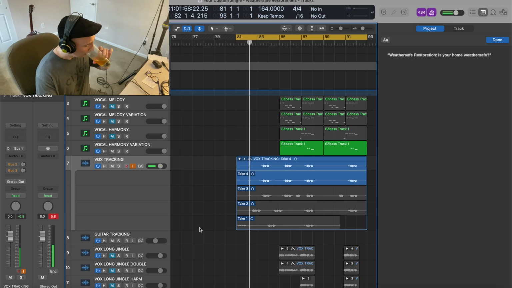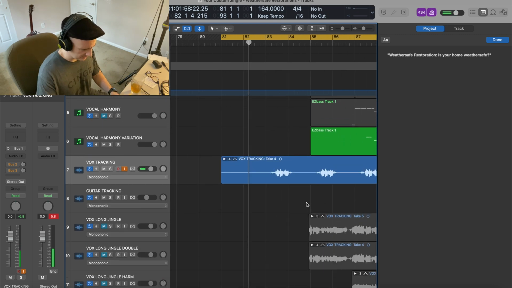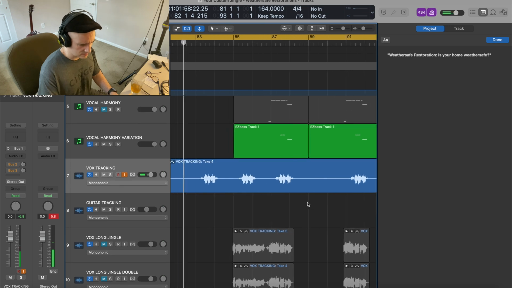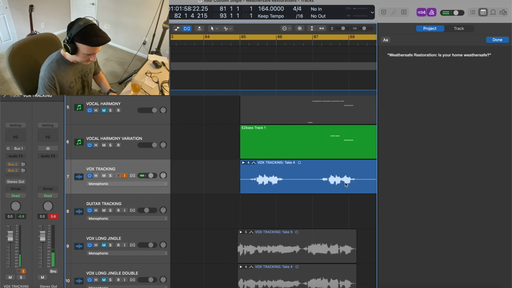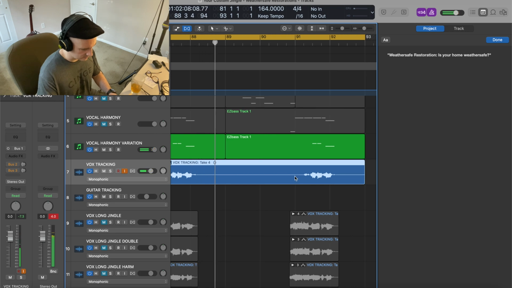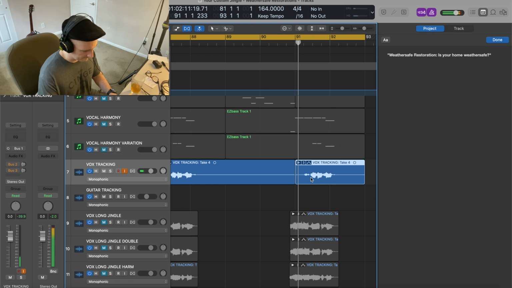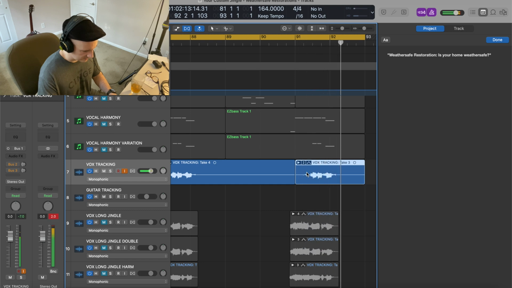Okay, so beer is probably not the best thing to be drinking while tracking vocals, but I'm tired of playing by the rules all the time, so let's see what we got. Alright, so that one's solid on its own. Let's see how this does with the accompaniment. It's okay. It's pretty good. That's not that good. I feel like,